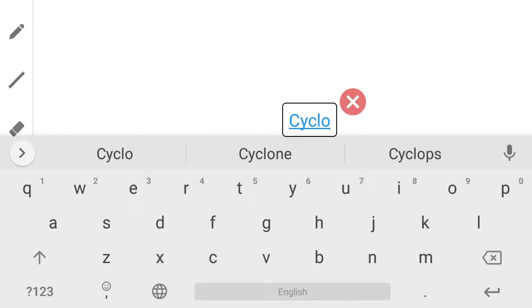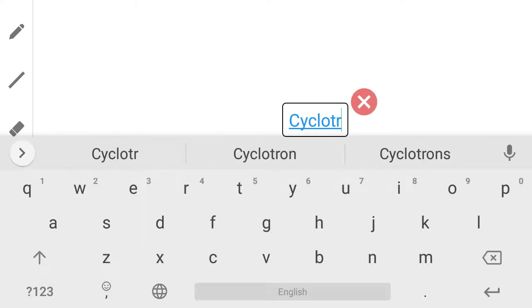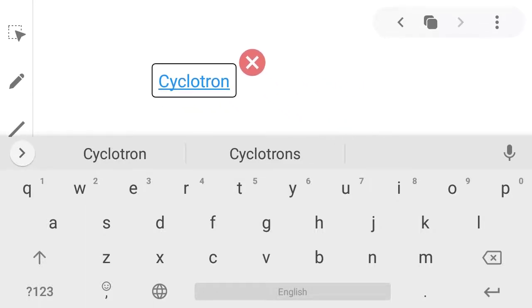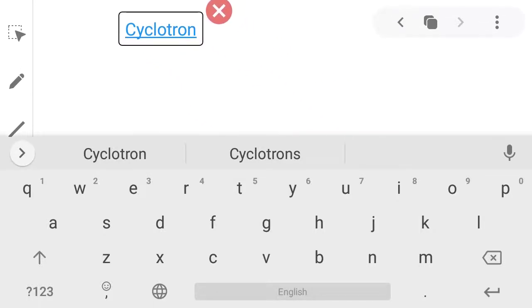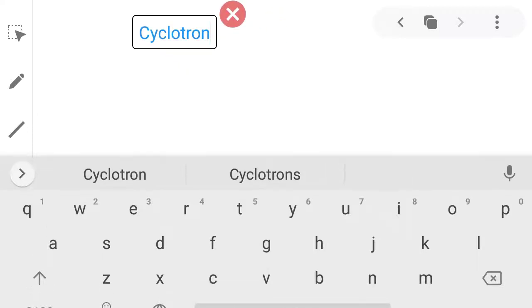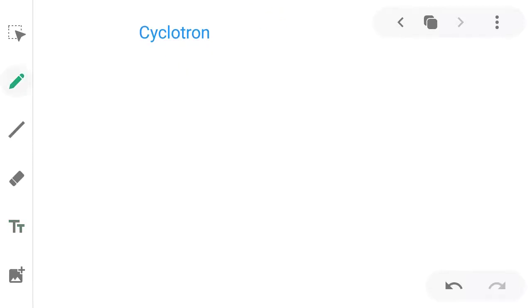Cyclotron. Okay, we are studying cyclotron. So first question, what is cyclotron? Okay, cyclotron. So